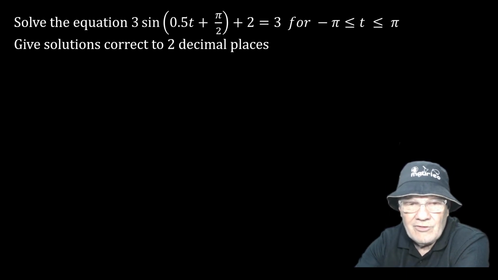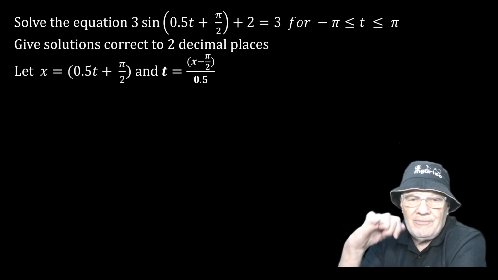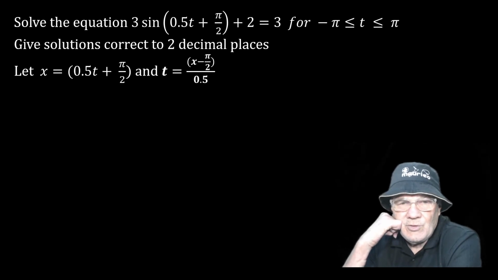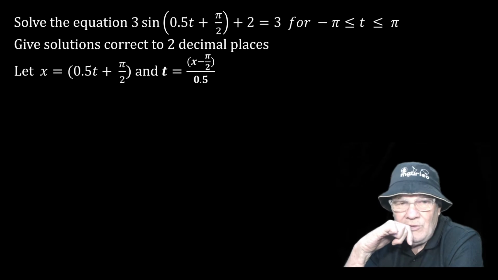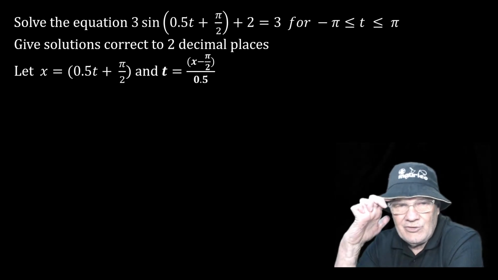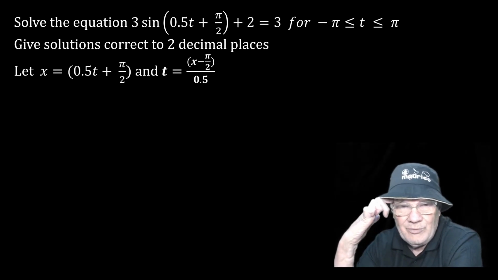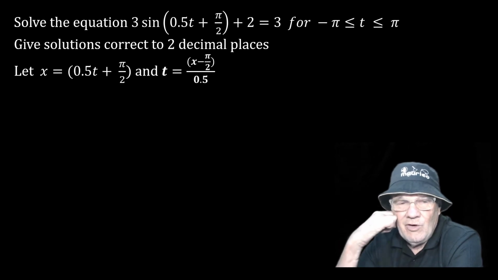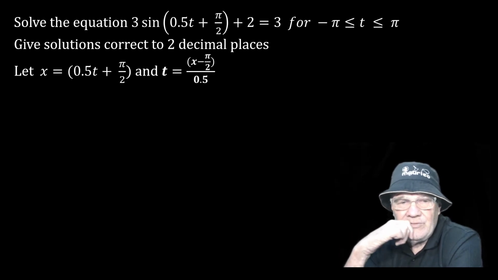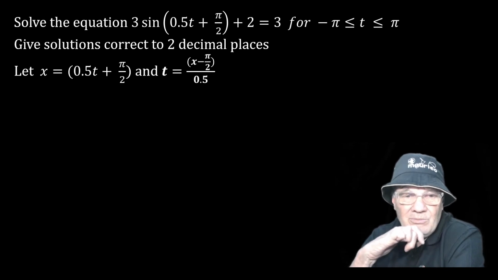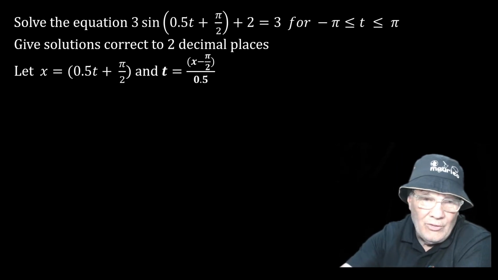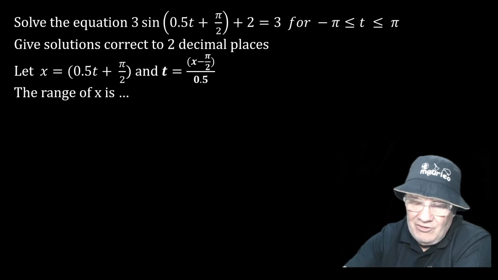It's very difficult to solve for t when it's inside the sine. So what we're going to do is let x equal 0.5t plus pi by 2. But just before we do that, we can quite easily see from there that t equals (x minus pi by 2) divided by 0.5. So the range of x's